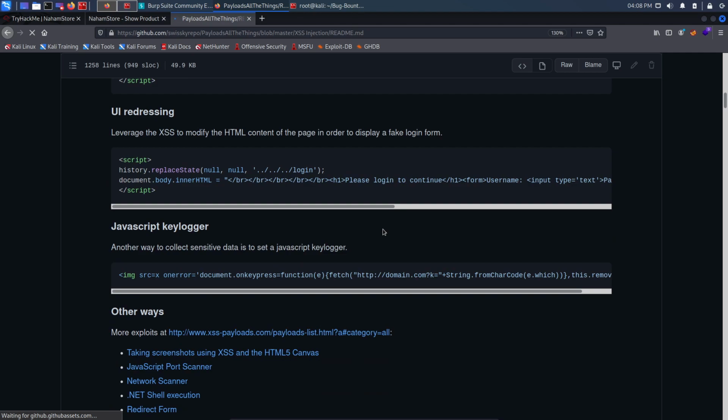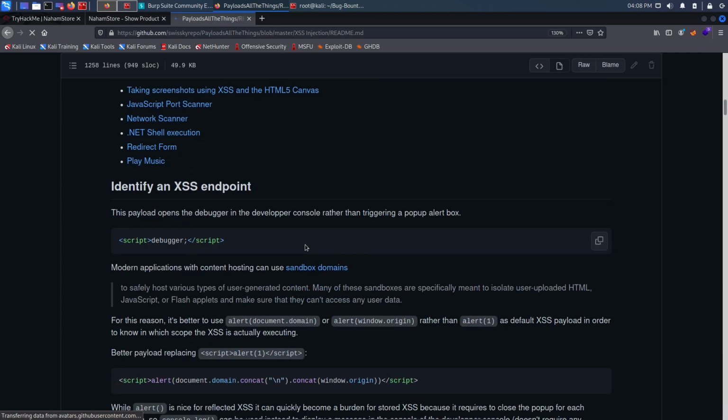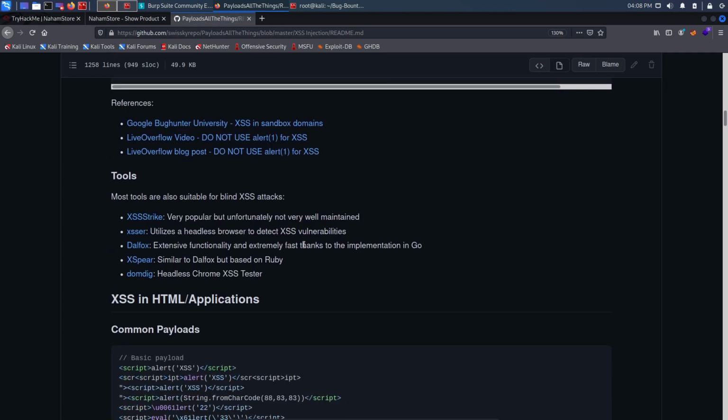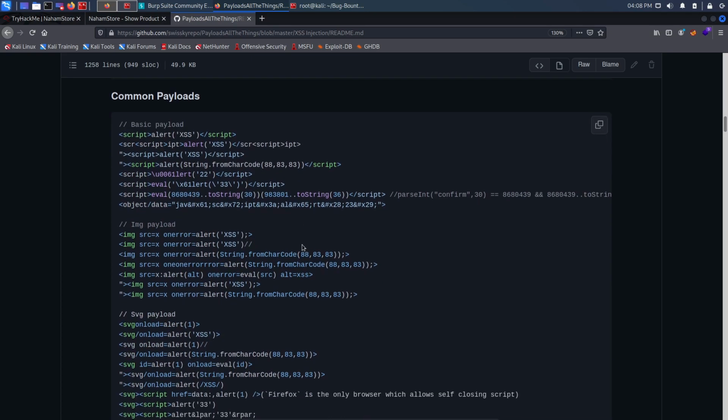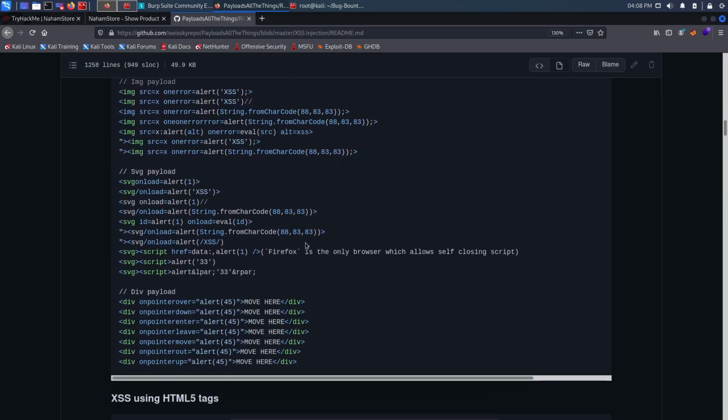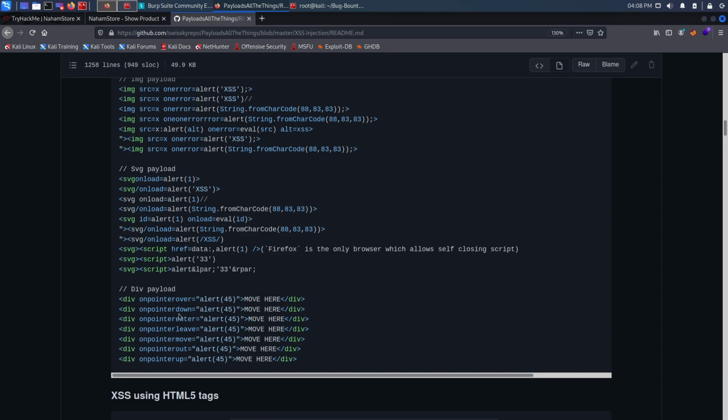And now I will look for some other payloads which might work from here. So let's see, onpointerover alert(45), or